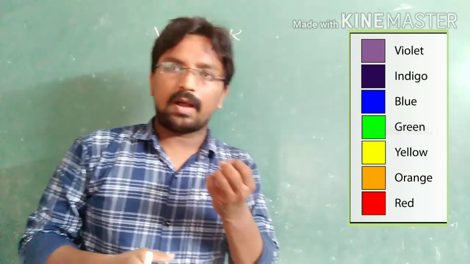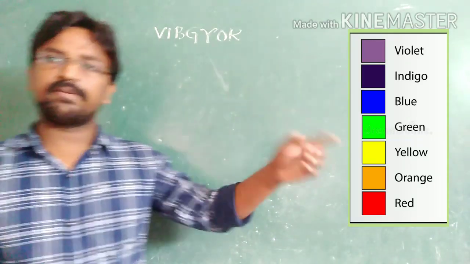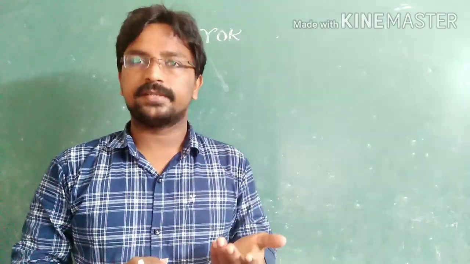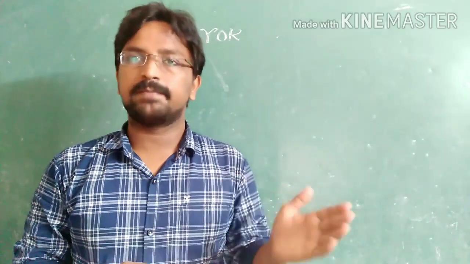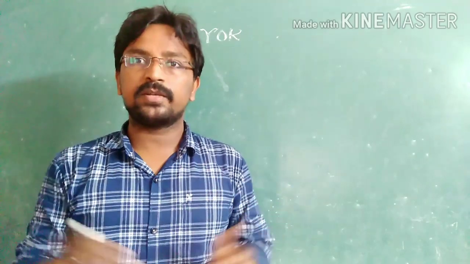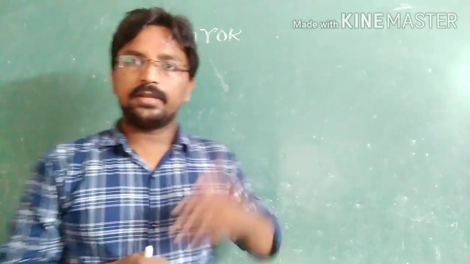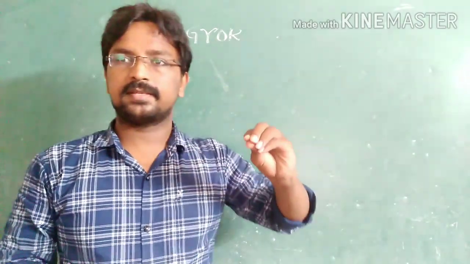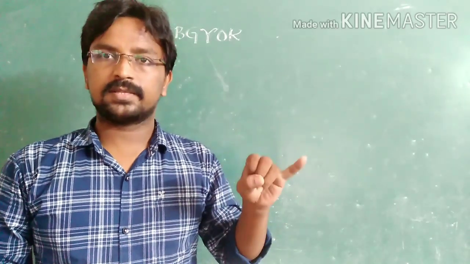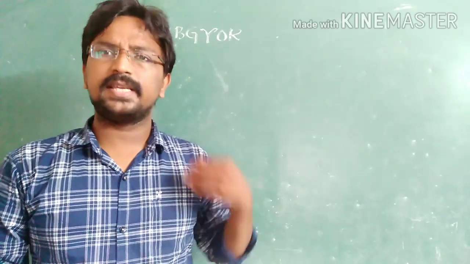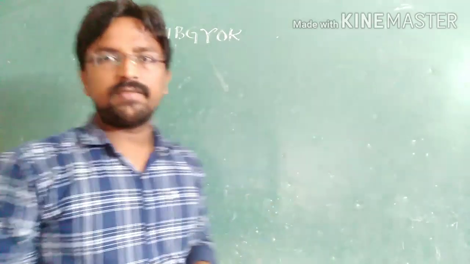Okay, so all the 7 colors are arranged continuously, without any gaps between them. If you observe the picture, from violet to red, each color has its characteristic wavelength and frequency. Each color has its own wavelength and own frequency. So that's why we can say that